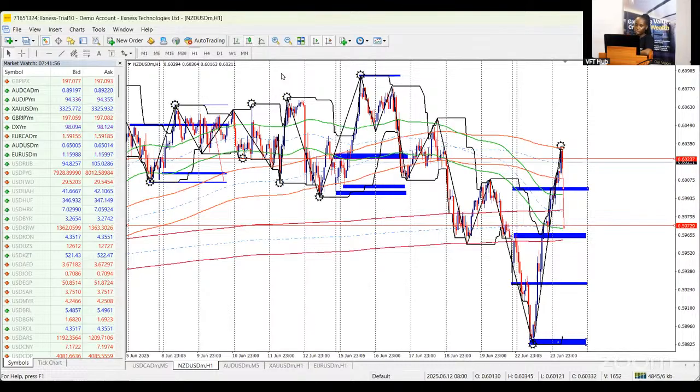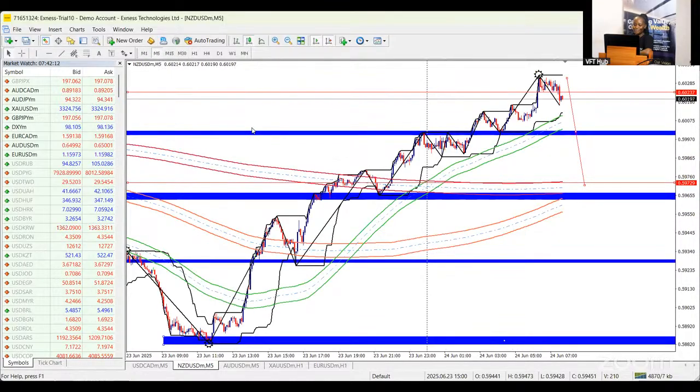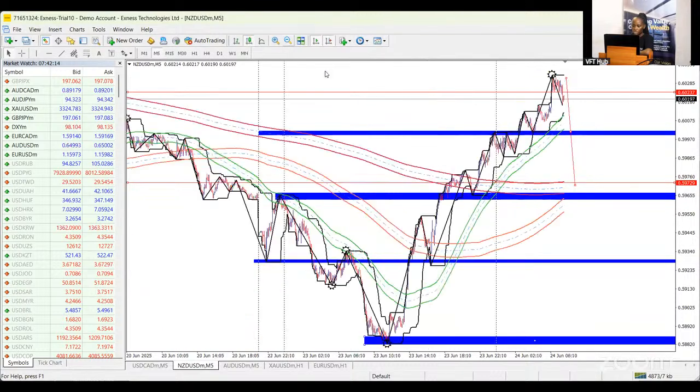So if confirmations are given, we could be looking for buy positions. And if those confirmations are not printed on the chart, even if NZD/USD continues to buy and we're not in the market, we are fine. We need our confirmation at every point in time, right? Remember, you cannot take everything from the market. What you want to do is to stick to your rules at every point in time. Okay, so on NZD/USD M5, same thing I already stated. It's been buying, give us good enough entries and confirmations, we're going to start to buy NZD/USD.